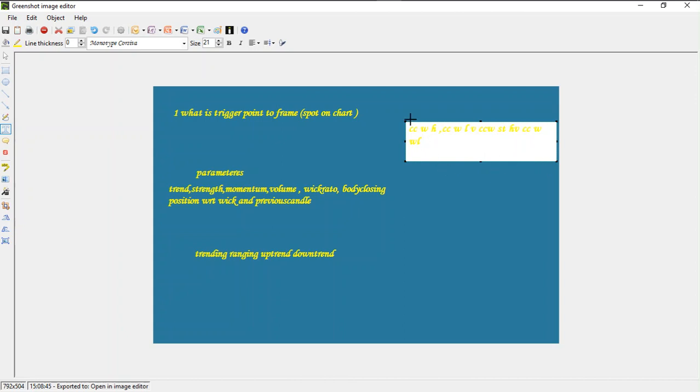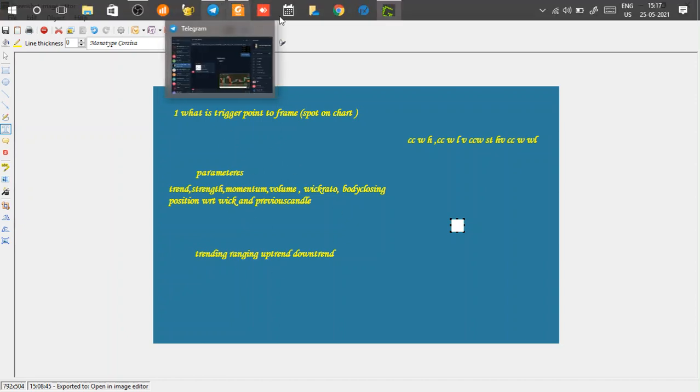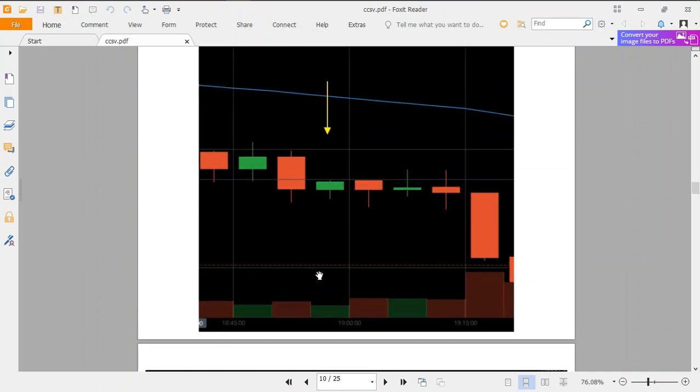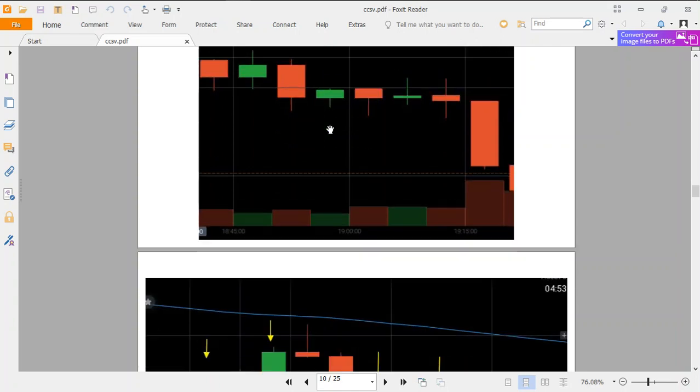So we need to collect the images, approximately around 100 images, and we need to frame these trigger points, and we need to frame a logic so that we can test it with other markets. So this is how we are going to make our strategy. I hope it's clear. And the task is we need to take photographs and we need to mark our trigger points.